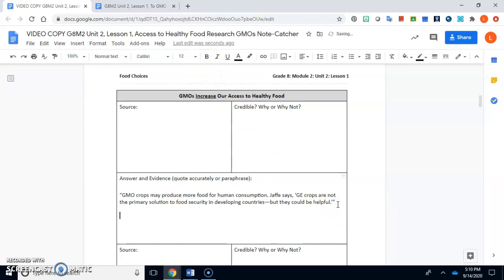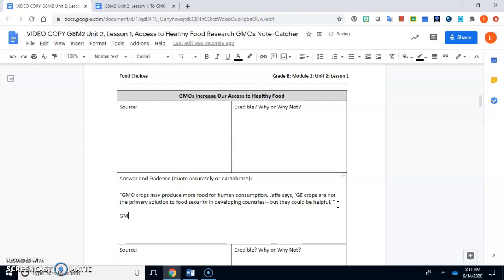And so having evidence, though, isn't enough. Though the evidence is good, we know that this increases our access to healthy food. However, based on this quoted evidence, how do these GMOs increase our access to healthy foods? Take a second and think about that answer. Okay, so you should have read, GMO crops may produce more food for human consumption, and you should have thought to yourself,